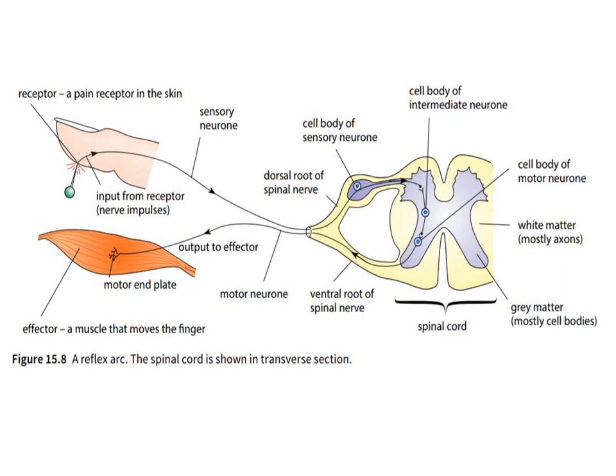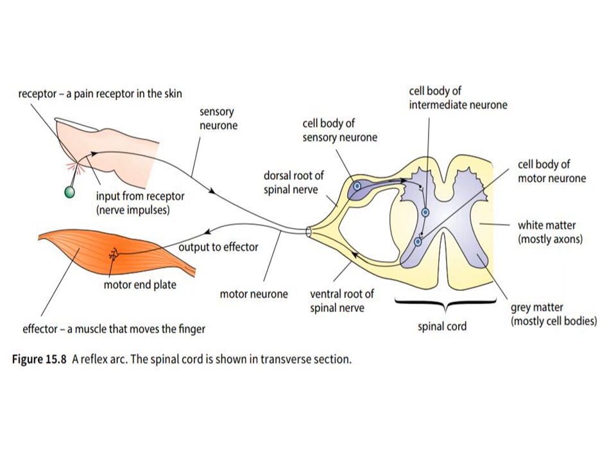the receptor, a pain receptor, which in this case can be a nociceptor, is activated by the pricking of the finger, and that transmits the information through the sensory neuron into the dorsal root of the spinal nerve. And in the case of the spinal cord, we can see we have a central gray matter and an outer white matter. We'll come to that in a while, but right now we are just seeing this spinal cord as a major